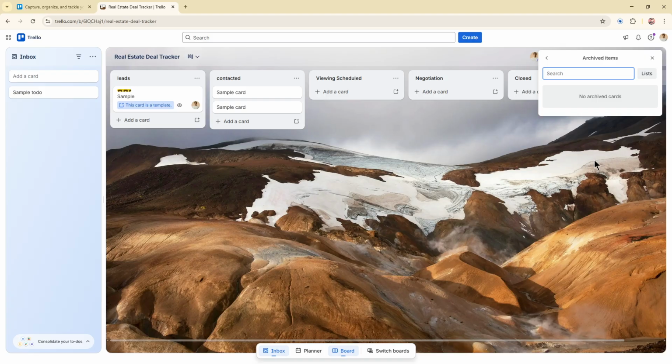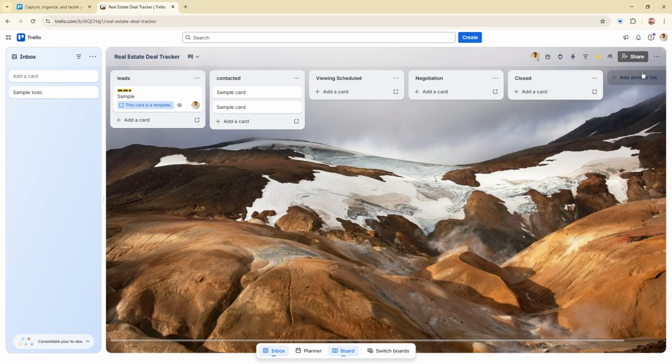Sign into Trello, open your board, open the card, archive it, go to the board menu, open Archived Items, and delete the card with confirmation. Once that's done, the card is gone